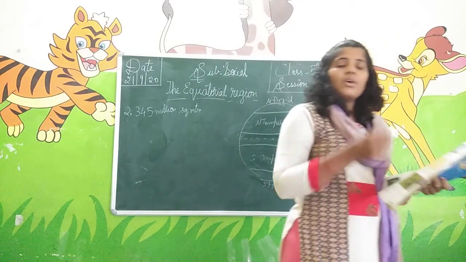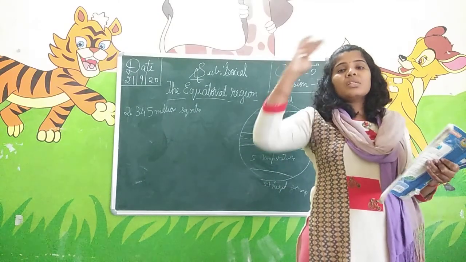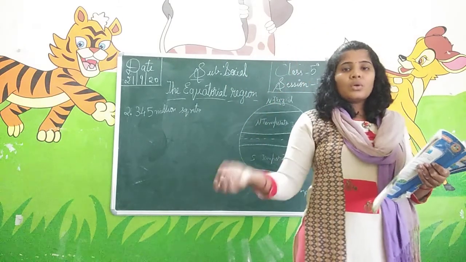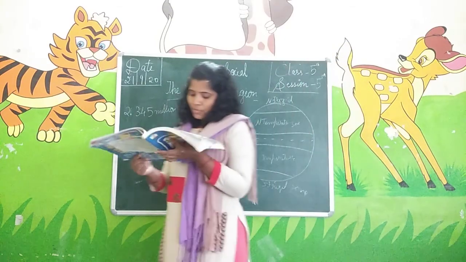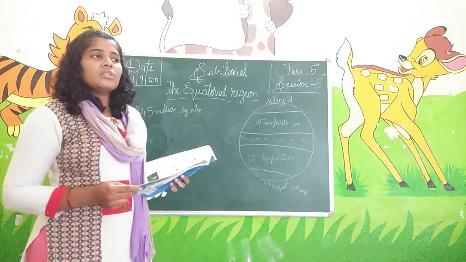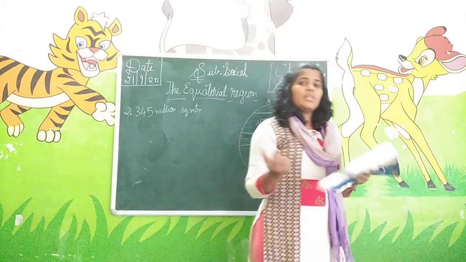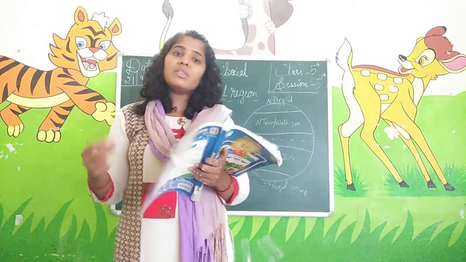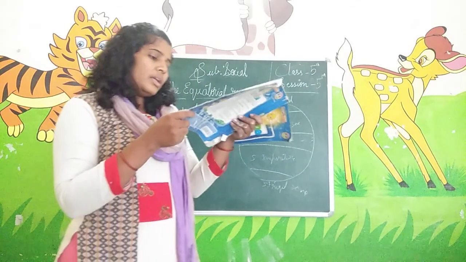The trees are very tall, and the upper part of the forest is covered by the canopy, so down in the forest it is dark and damp. The trees shed leaves at different times of the year. In some places, trees shed their leaves in the autumn season, and new leaves come in the spring season. But here, different trees shed their leaves at different times. So the forest is very green there.